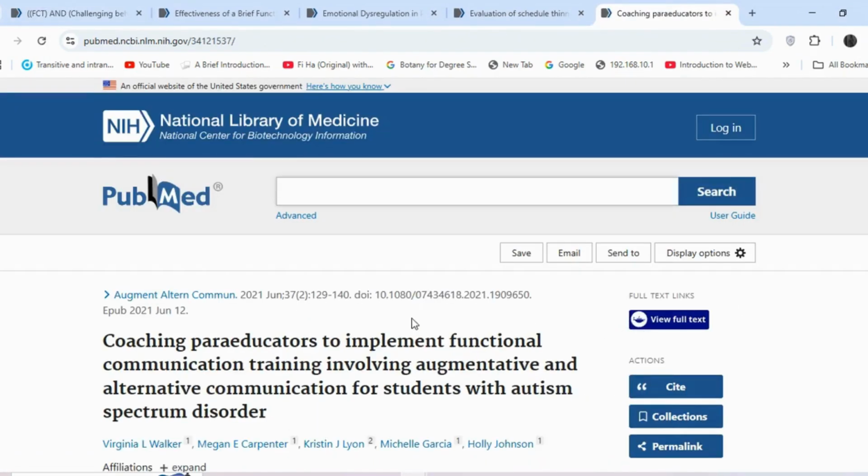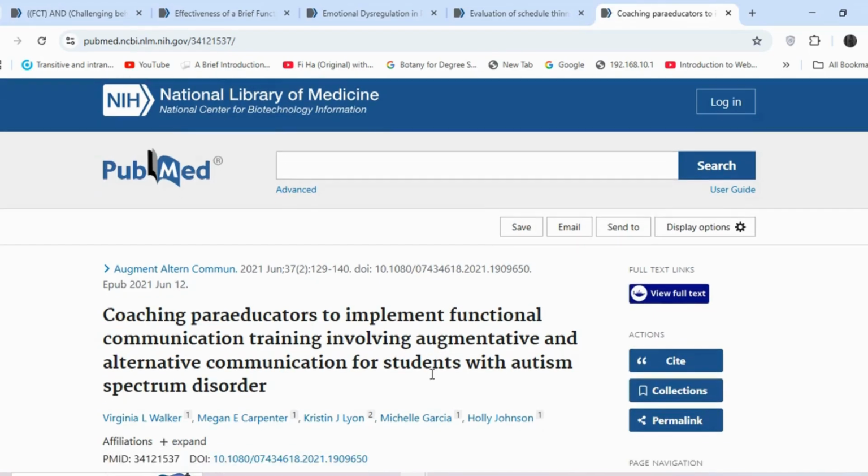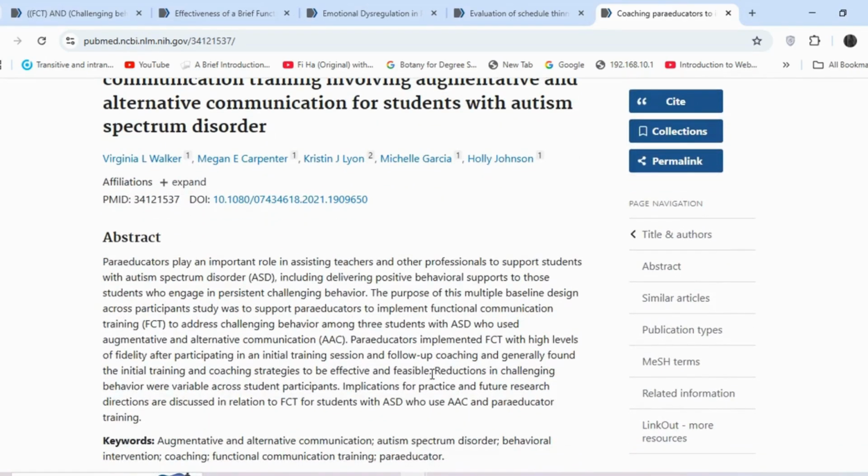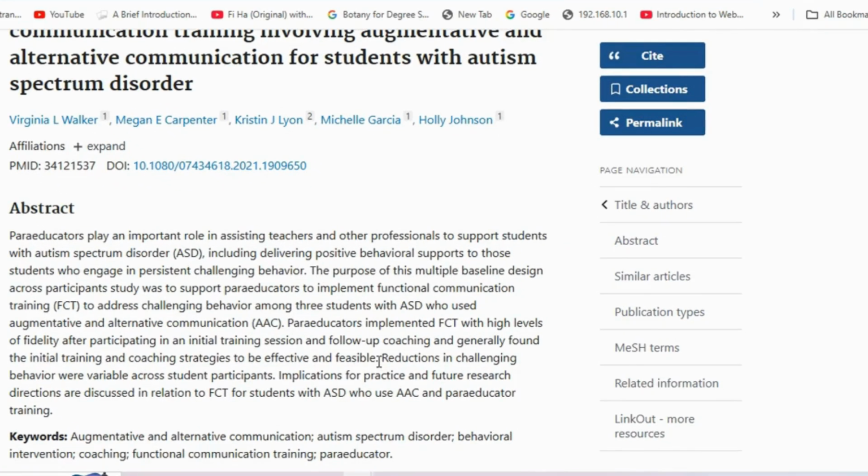The article title is Coaching Paraeducators to Implement Functional Communication Training Involving Augmentative and Alternative Communication for Students with Autism Spectrum Disorder. Let's open this one. Researchers in this study used functional communication training, FCT, to reduce challenging behavior in children with autism, aligning directly with the topic. In the methods section, paraeducators were trained and coached to implement FCT with 3 students with ASD who